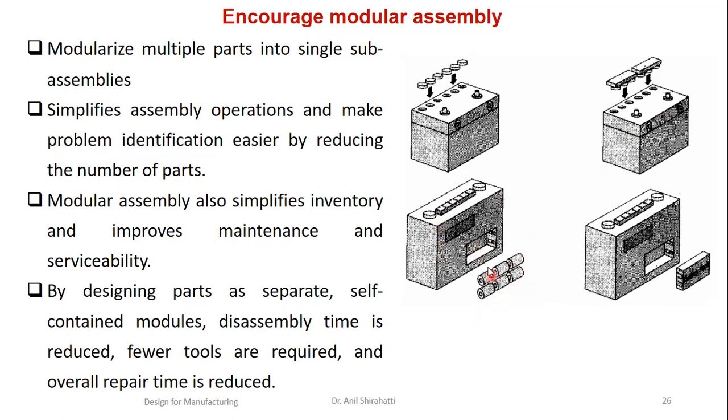This is a simple example of a tape where they are using 6 batteries. So when I am doing the assembly, what happens, one battery goes, then the second battery, and because of the spring it may come out. So instead of this, if I use a simple modular system where all batteries are fitted in a single module, and then it goes and fits here, it will reduce my assembly time heavily.